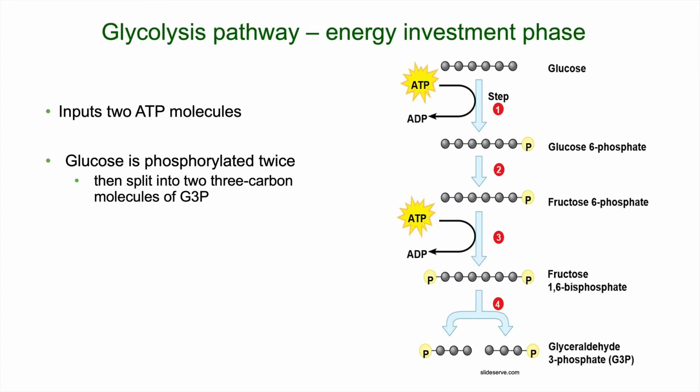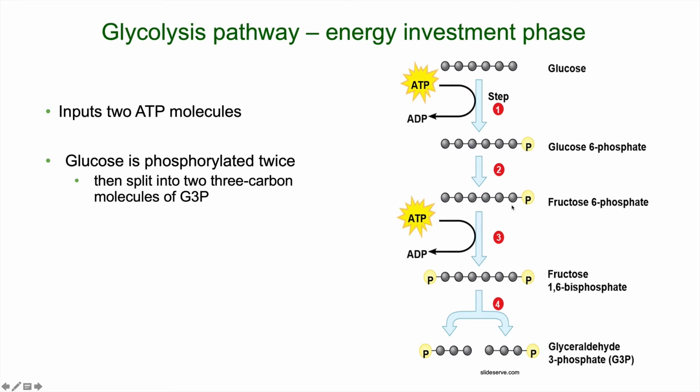Okay, so the energy investment phase is in the first 4 reactions. We're going to take 2 ATP molecules, and we're going to start with our 6-carbon glucose. ATP is going to come along, and it's going to catabolize and give off a phosphate, which is going to attach to the glucose. And then we're going to isomerize this molecule and convert it from glucose to fructose, which